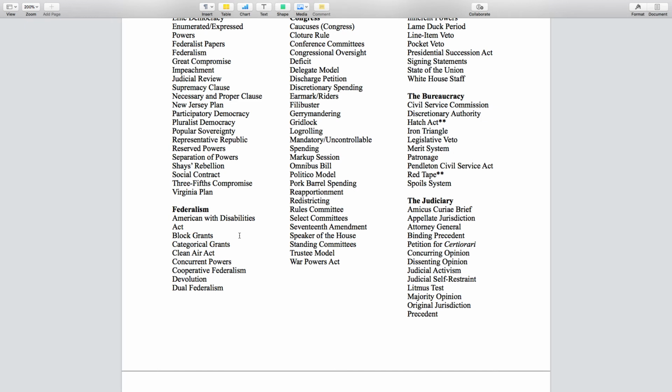Devolution. Republicans really started to push for this in the 1980s under Reagan, where it started to return the responsibility of governing back to the states. Welfare reform is a good example of that. So the federal government gives the states money for welfare, and then the states decide how they get people from not working to working. It puts the responsibility back on the states. So block grants are really an example of devolution. It's returning the responsibility of governing back to the states.